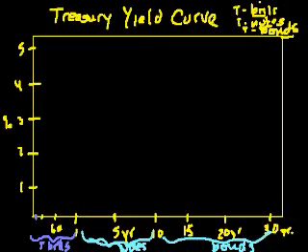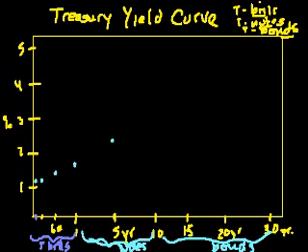So you saw where I got my data. They say for 1 month I'd get 1.2%. So this is 1 month. It'd be right about here. 3 months I get about the same thing. For 6 months I get 1.32. Maybe that's like here. 1 year I get 1.37. Maybe it's here. 5 years. Let's see, 5 years I get 2.37. So that's maybe like here.